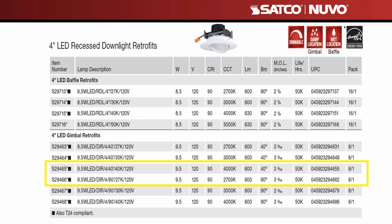Let's look at the detail of our 4-inch recessed downlights. And in the gimbal area, you'll note that we have 40-degree beam spreads as well as 90-degree beam spreads. And this is to allow for directing or aiming the light or putting the right amount of light where you need it. So if you're at a higher ceiling, you'd probably want the 40-degree, and probably 5 feet and below, the 90-degree will probably do fine. But let's look at beam spreads